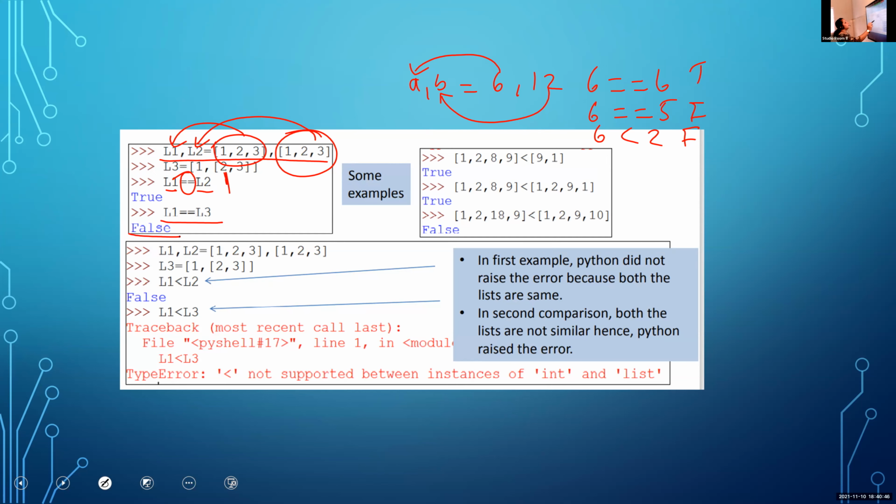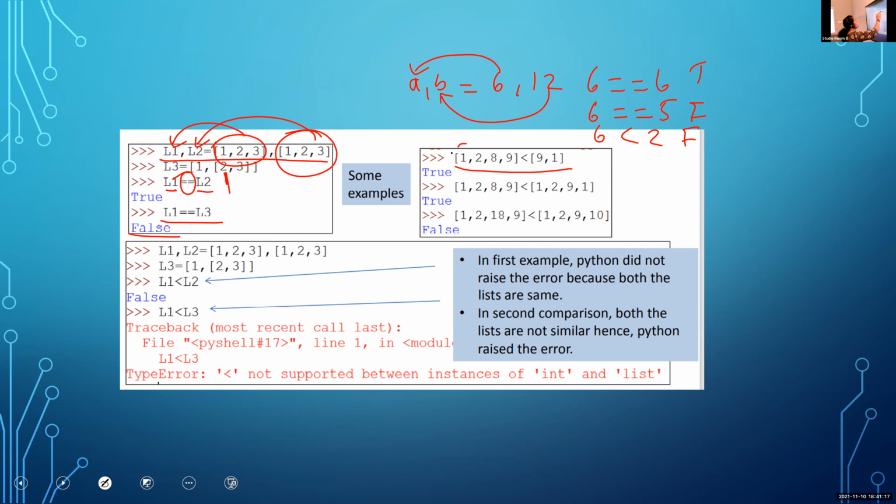Then just check this one. Two lists are there. The first element is 1, and 1 less than 9 is okay. In the case of this comparison, it will check only the first elements.